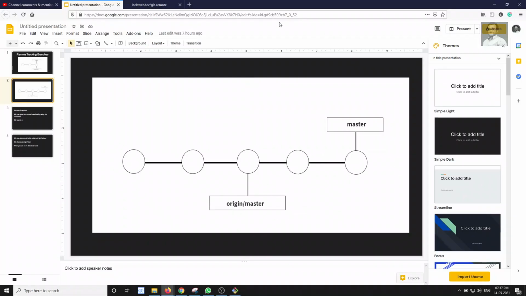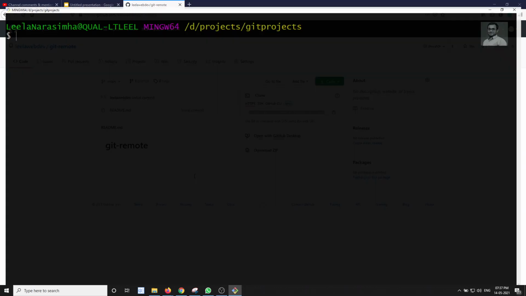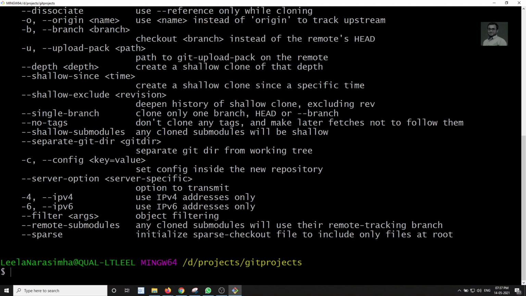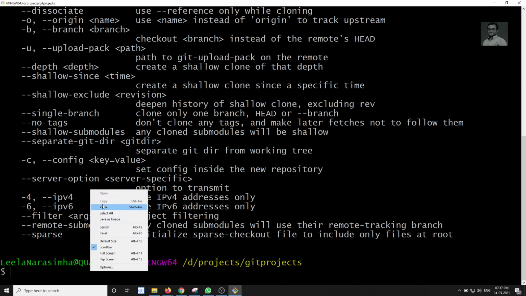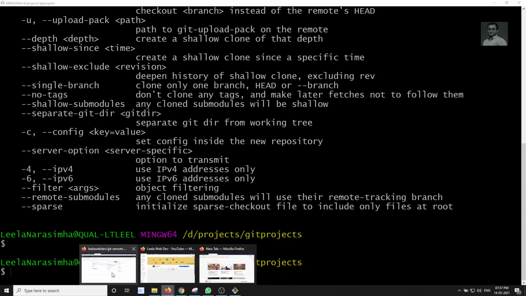Here I have created a project, right? Let's take the clone of this project. I am taking this and let me open it here. So I am writing git clone and pasting the repository. Sorry, I didn't copy it, I think. So let me take this one.